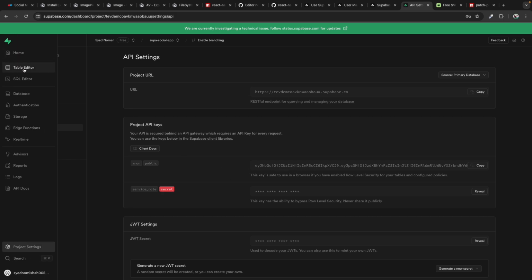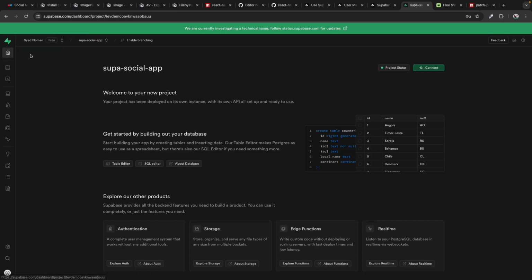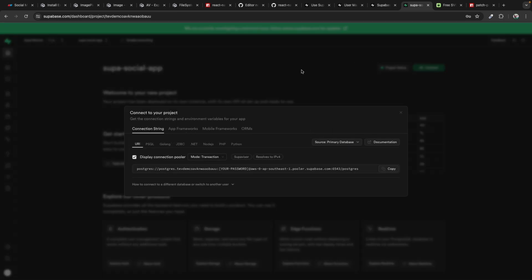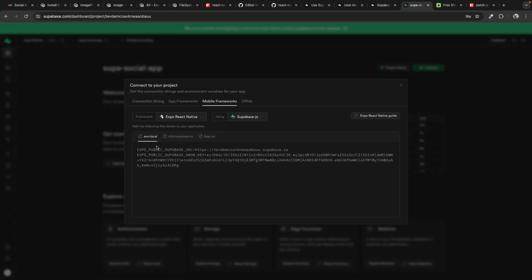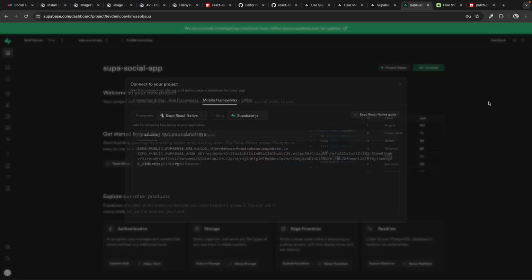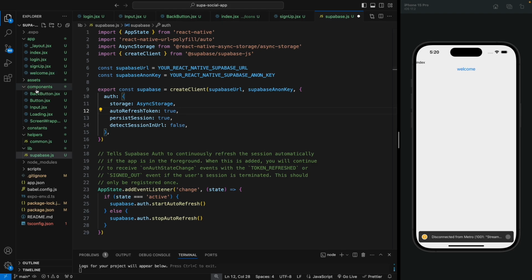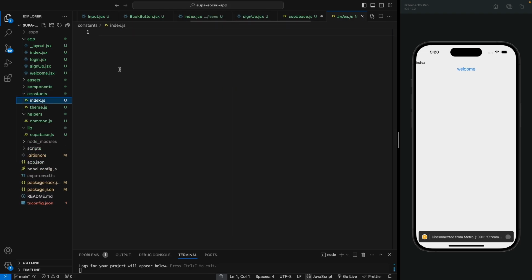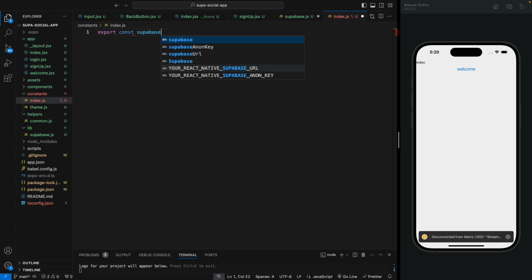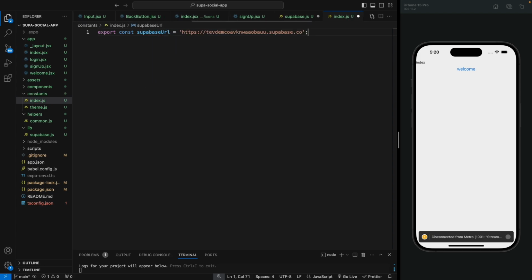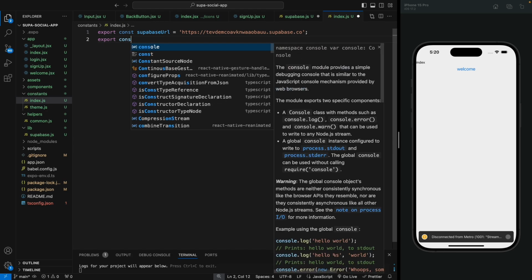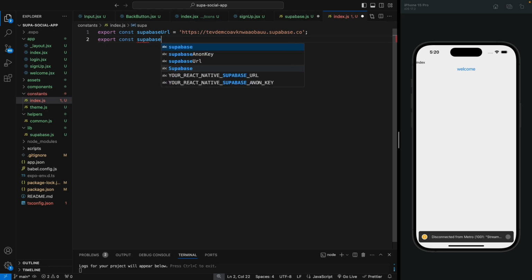There is one more way to get the API keys. Just go to your home section and click on this connect button, and then click on the mobile framework. This will show you the project URL and the anon key, so you can copy this and paste this into your application. So let's copy the project URL, and let's copy this into our constants. So we already have constants index file, so let me just export a constant here, Supabase URL, and paste the key here. Then let's also export the anon key, so Supabase anon key,